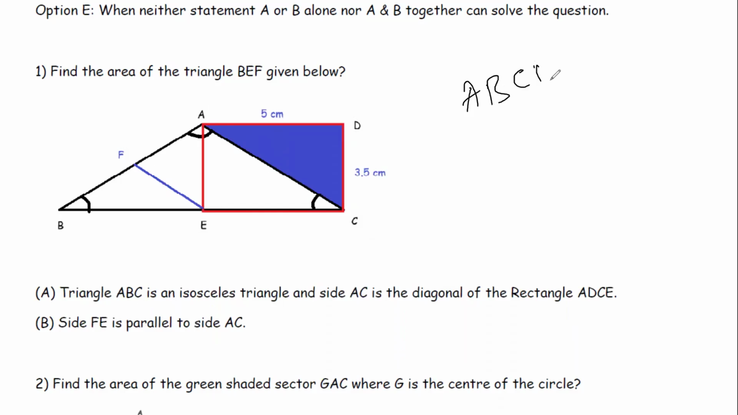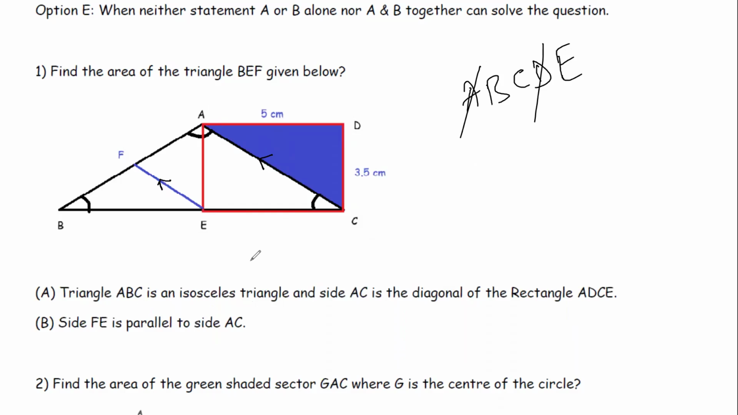A, B, C, D, E. A doesn't help. D is out. Yeah. B. Side FE is parallel to side AC. So AC is parallel to FE. Okay. Right. But on its own,